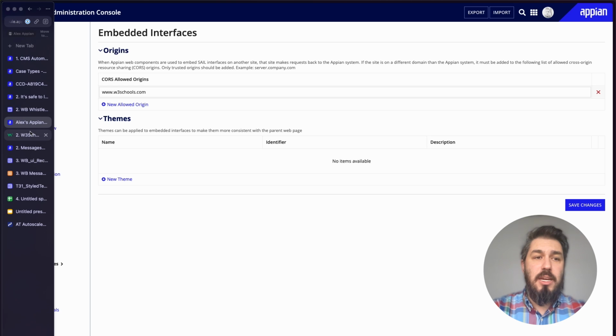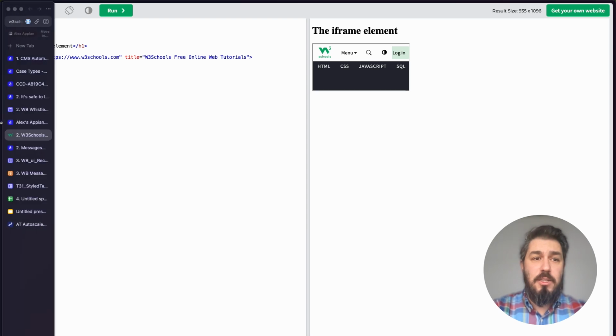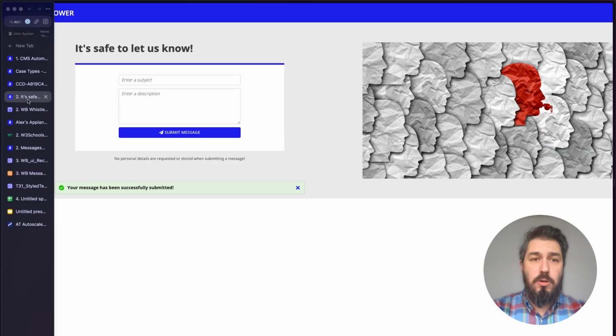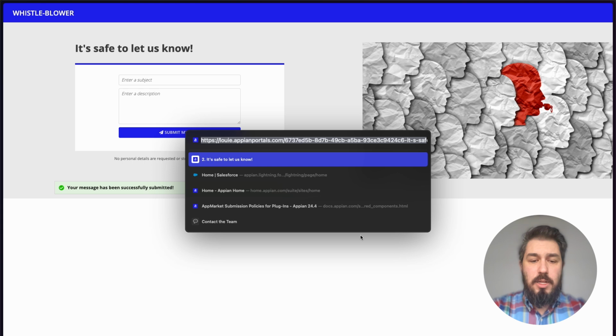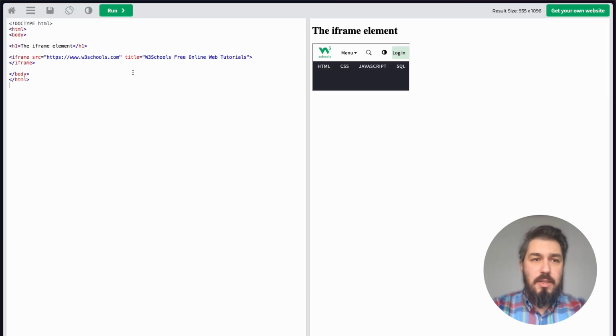Next, I'm using W3 Schools for this. This is a script that you can run on W3 Schools. It's basically just an iframe element. So let me go ahead and copy my portal URL. Just gonna copy this one and go back, and let's put it in the source element of the iframe over here. So now when I run this,